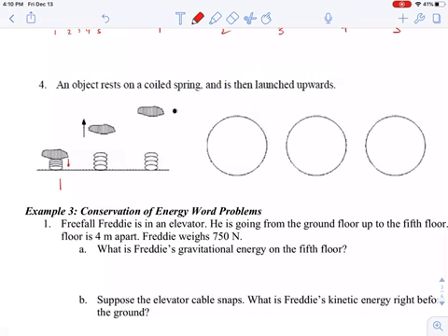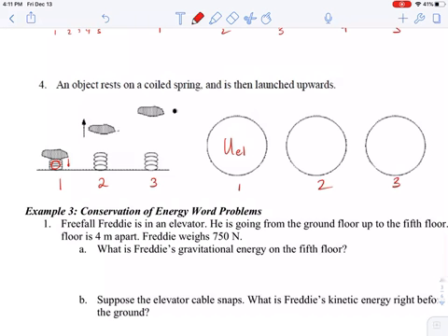Let's number position 1, position 2, position 3, graph 1, 2, 3. So at this point, all of the energy is elastic potential energy because it's stored in the spring right here. Then